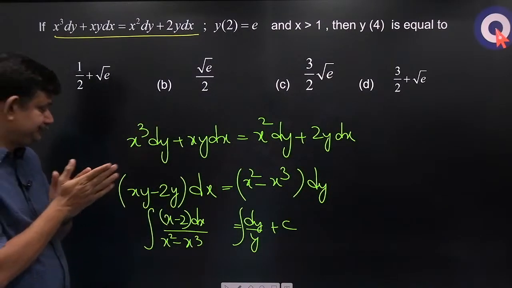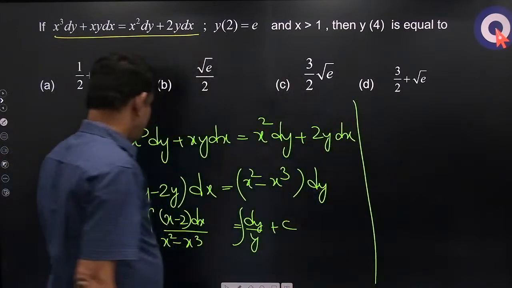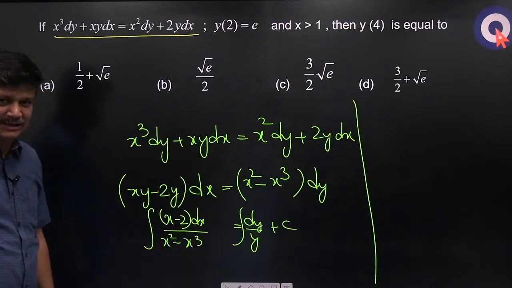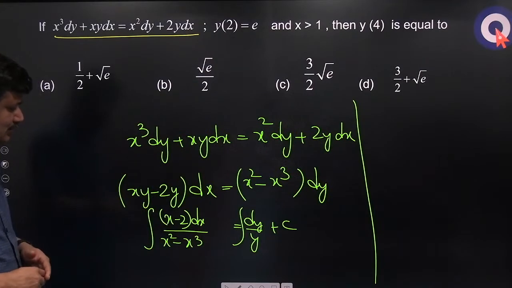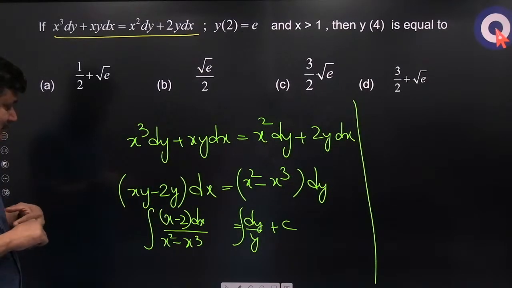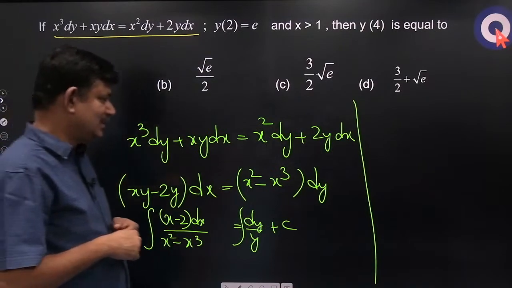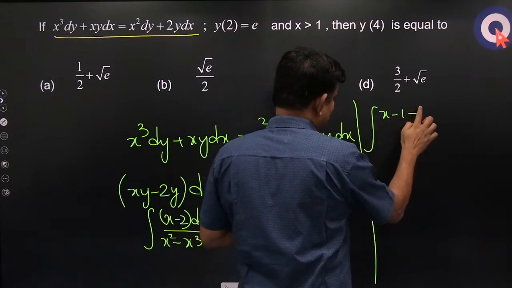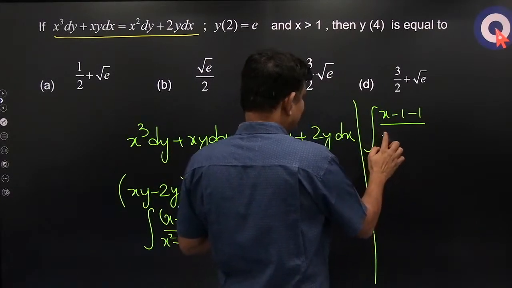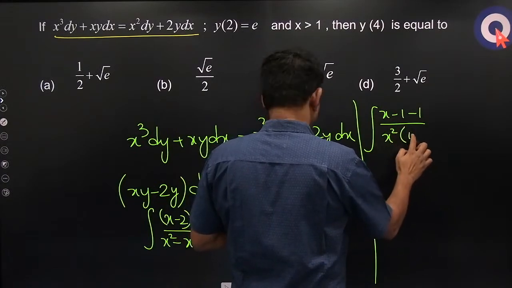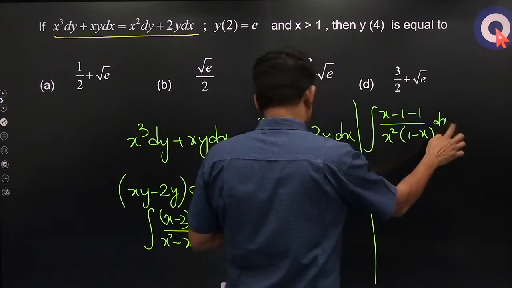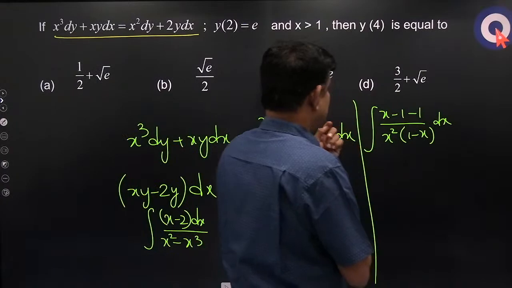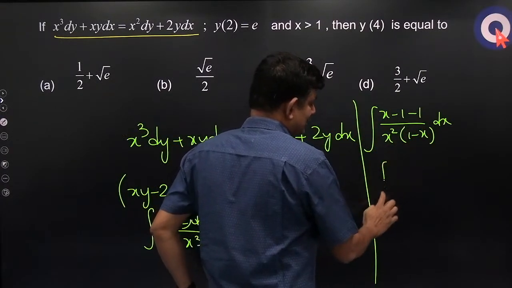कैसे किया जाए इसको? व्हाट इज दिस इंटीग्रेशन? This is x square into 1 minus x, yes or no? x square into 1 minus x। तो इसको पार्शियल फ्रैक्शन से भी कर सकते हैं, या थोड़ा इसको x minus 1 लिख दो, डिवाइडेड बाय यू हैव x square into 1 minus x dx। x minus 2 आई एम राइटिंग इट एज x minus 1 minus 1।